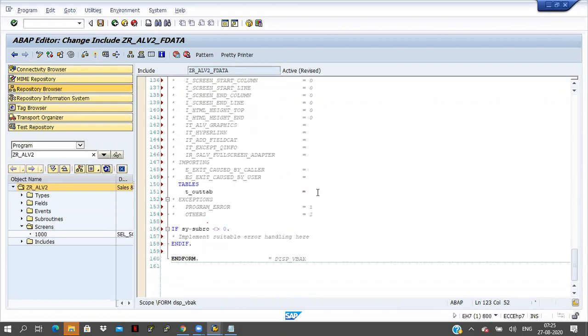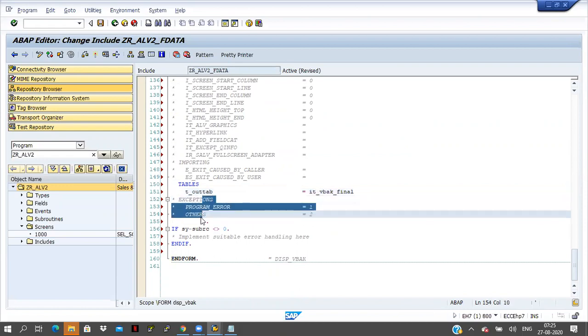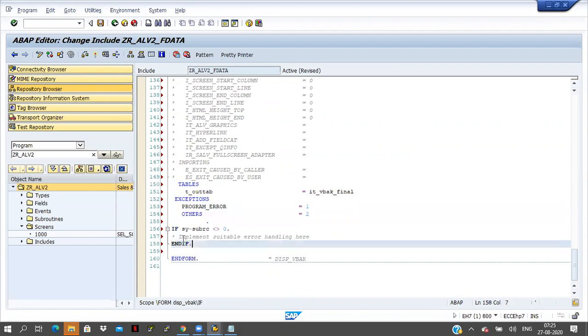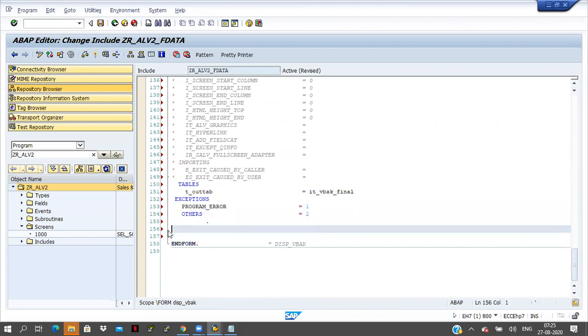Our internal table name is IT_VBAK_FINAL. The exceptions are coming, and I'm uncommenting the exceptions. After that, I don't want this dependent IF. Save it, check it, and activate it.